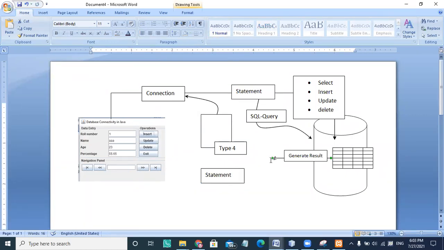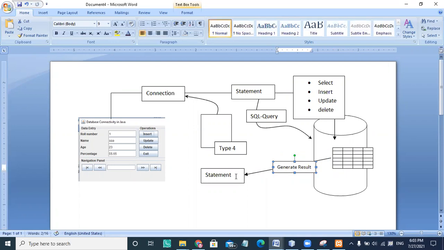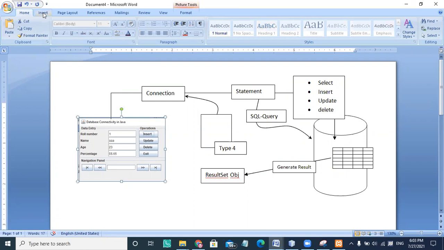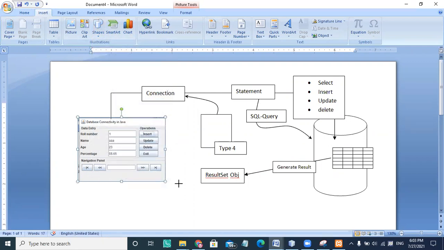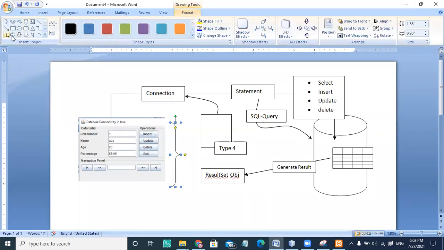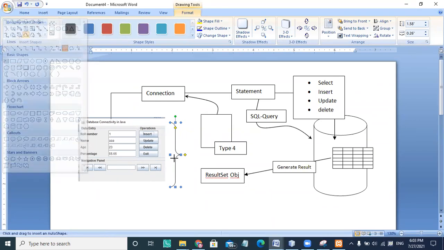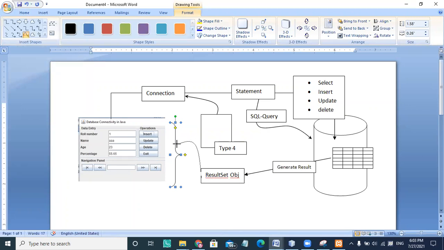The result is sent across the result set object, and this result set object is responsible for binding the result to the front end. So whatever query you are firing here as an input, it's going to bind that result